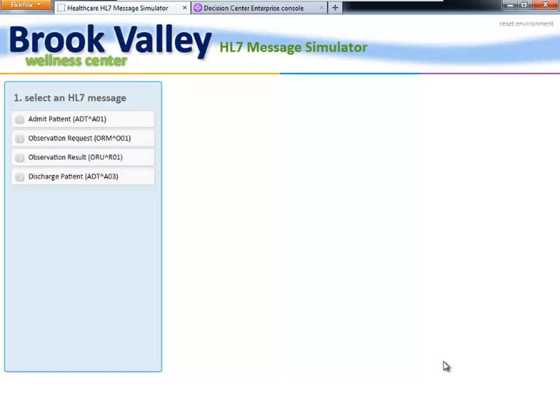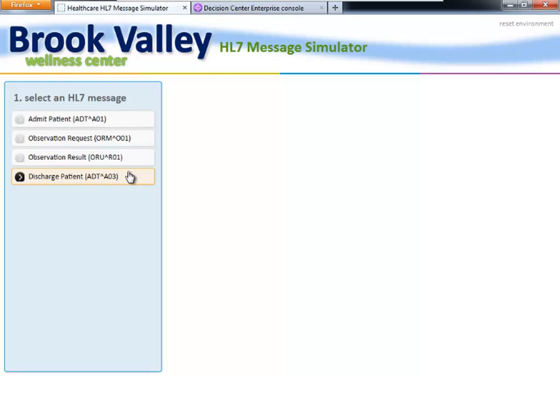First of all, we're going to watch as she's admitted into the hospital. The next thing, we're going to take a look at what happens when there are some blood tests requested for her post-surgery while she's recovering. Then we're going to watch those blood tests actually come in, so the results will be available to us. And then ultimately, at the end of the day, we'll discharge Rachel and everything will be okay. Well, we're going to look at this through a few different angles.